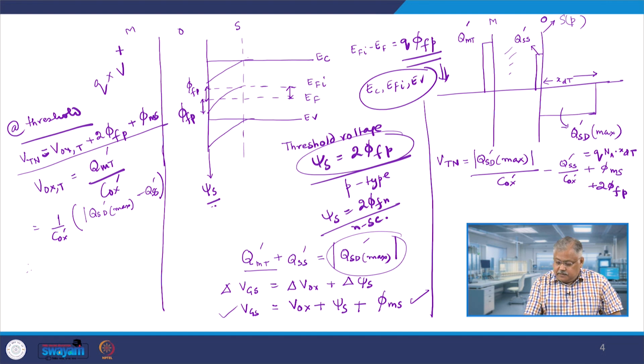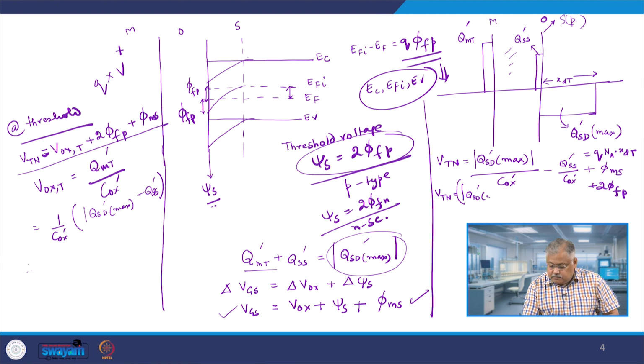Remember, COX prime is capacitance per unit area, so you have to divide by area. What you get from here is VTN equals